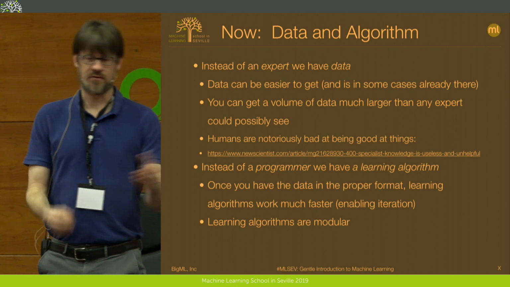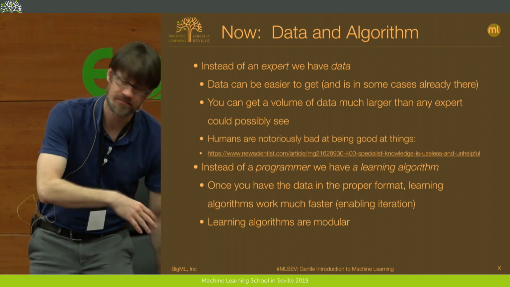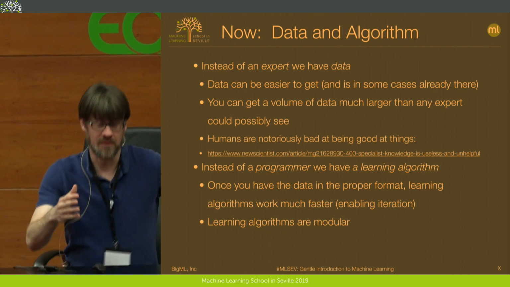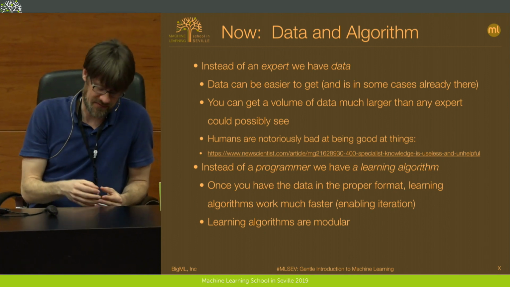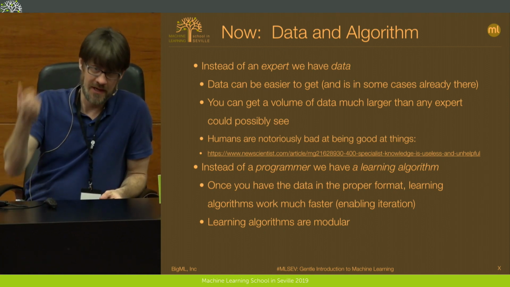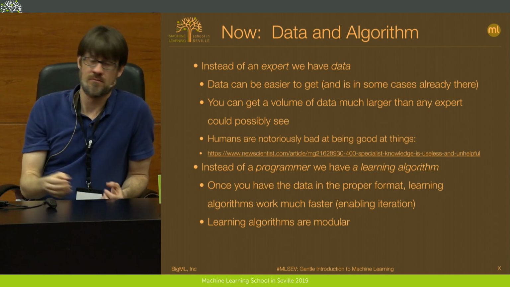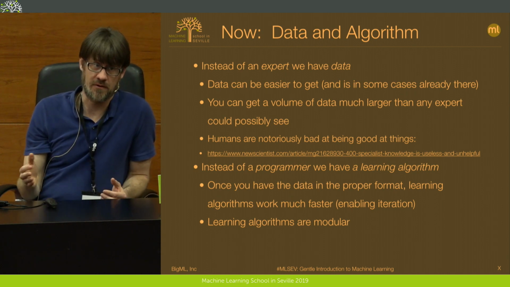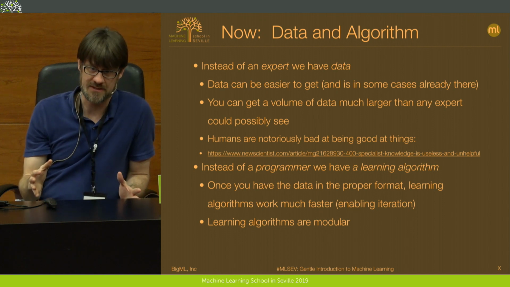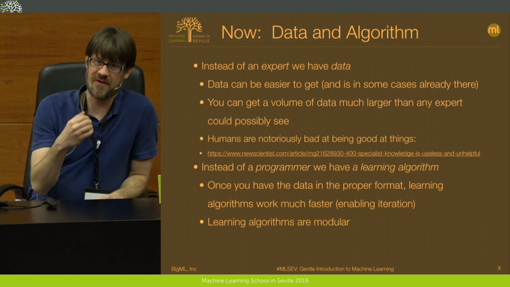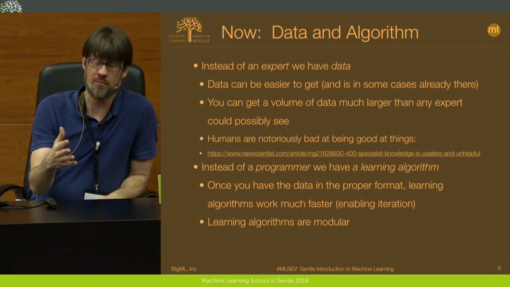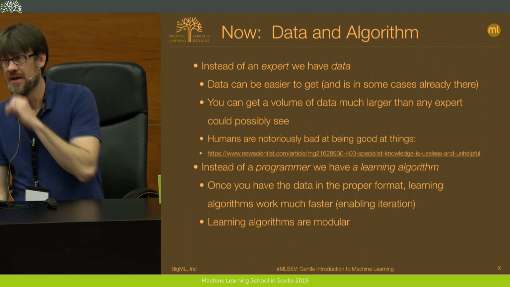So a doctor who is trying to do medical diagnosis might see hundreds or thousands of the same type of case, right? He might see hundreds or thousands of people with diabetes, and that's what he's basing his expertise off of. With data, we can get orders of magnitude more, right? We can get hundreds of thousands of cases. We can get millions of cases. So the algorithm gets to see a lot more cases than the human could ever possibly look at. And then the last